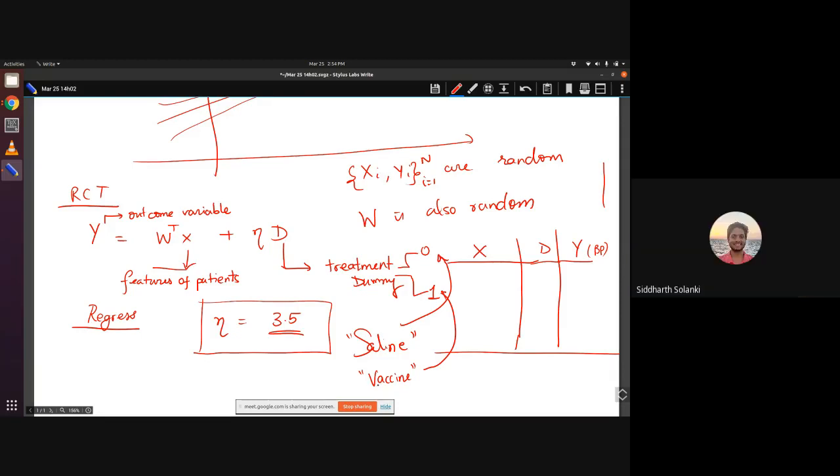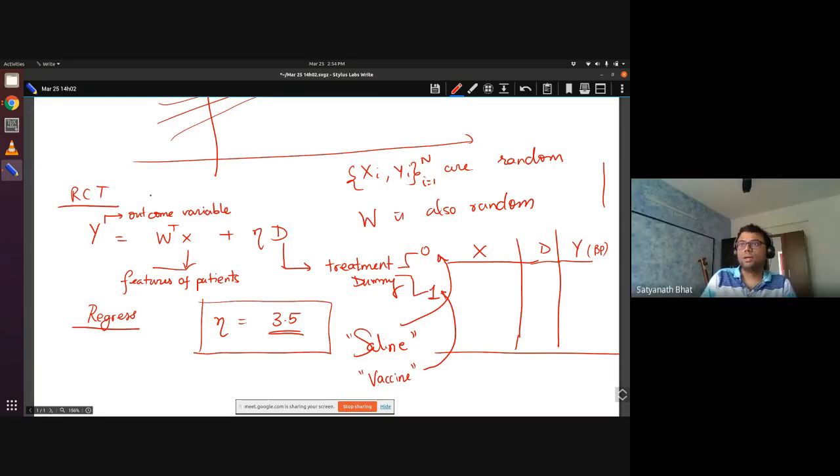Yes, sir. So now if I do a linear regression model on this, there will be some kind of an effect that is coming due to the treatment. If the number is positive, my question is, can we say that the drug is useful because it is increasing the blood pressure, which is what we wanted? What do you think? Yes, sir. Yeah, so intuitively that is correct, because this 3.5 is a number bigger than 0. So fine, this must be a good model.